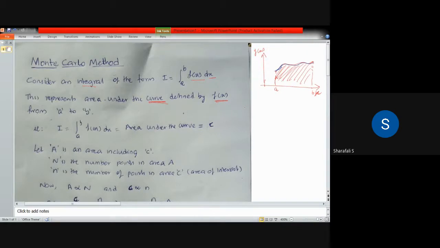How is it going to be equal to that? If you are considering this f of x, that is this function f of x, you can see this curve. And what is dx? dx is this. If you are integrating dx, that will be this range from a to b. And the function range is what you can get from here, the function variation. So it is nothing but the area under that curve, if you are integrating from a to b, integral a to b f of x dx.